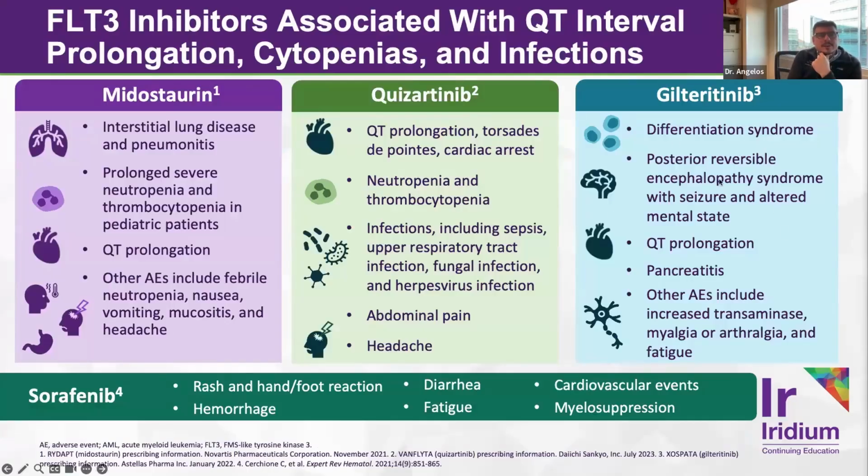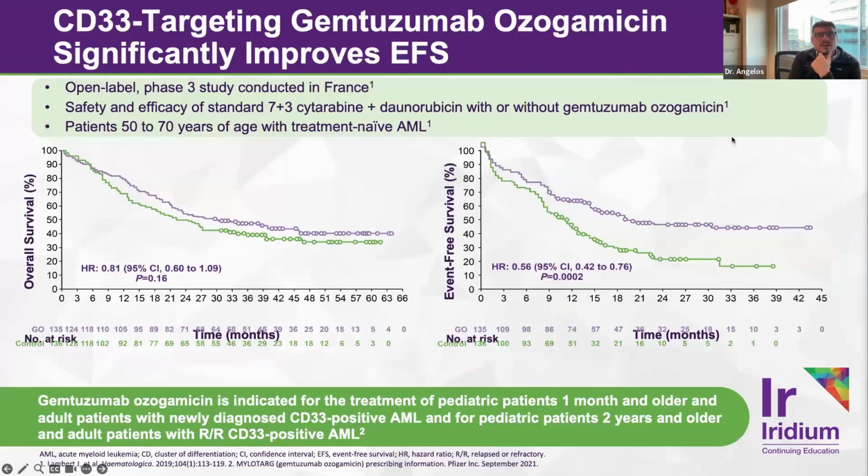FLT3 inhibitors, like IDH inhibitors, can also have adverse events that can pop up. Some of the main ones that are important to note revolve around quizartinib. QTc prolongation is obviously an important factor we watch out for. This has a black box warning in terms of making sure the QTc is appropriate, less than 450, prior to starting the drug. And this is something that I often will check in patients that start a FLT3 inhibitor to make sure that this does not get too prolonged. Gilteritinib very rarely can cause a differentiation syndrome. We don't often see this, but this is also an important consideration to remember for that drug.